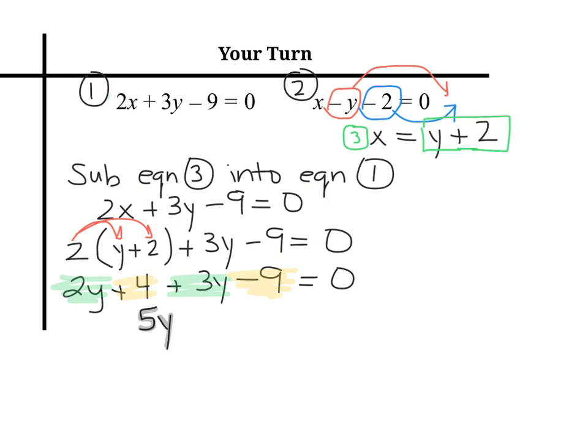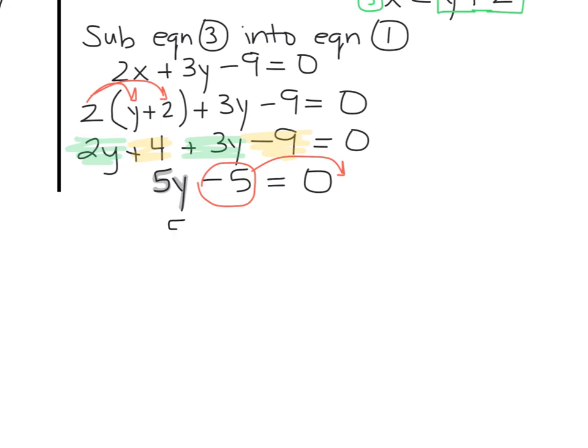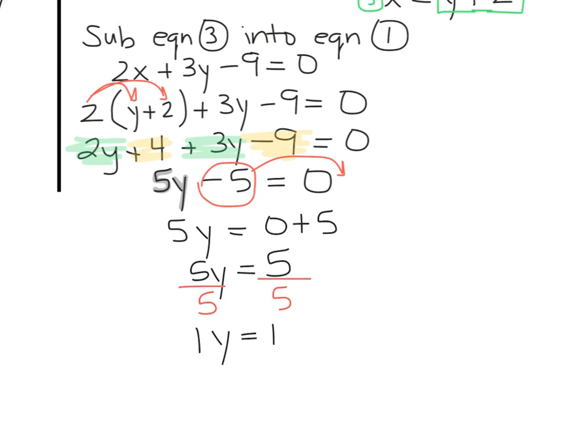And 4 minus 9 is negative 5. Okay, so now I can separate my terms. So I'm going to take this negative 5 and bring it over to the right-hand side. So that's going to leave me with 5y equals 0 plus 5. 0 plus 5 is just 5. And then I can isolate for y by dividing both sides by 5. So that's going to leave me with y equals